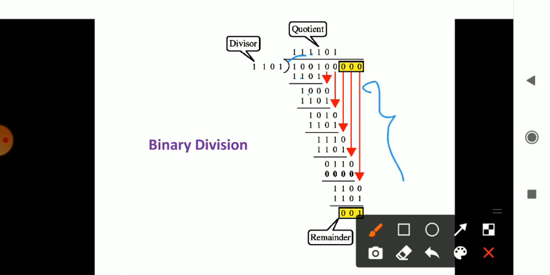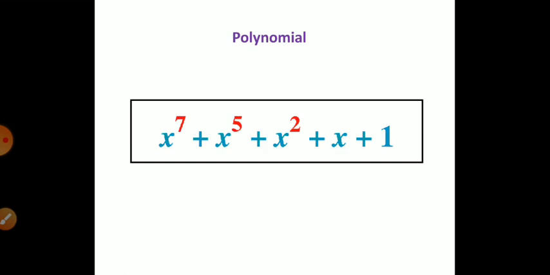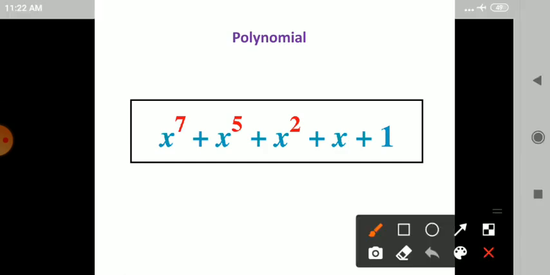Okay, here it does the binary subtraction, and here it is called binary division. When it gets a remainder which is 0, it means no error is there. If a remainder is there, it means an error exists within the data. That is called a CRC check. It is also called, as I said, a polynomial code. This is how your polynomial code is represented.